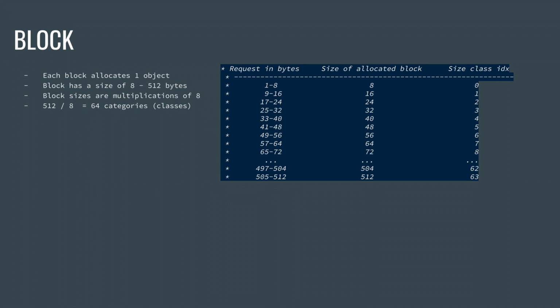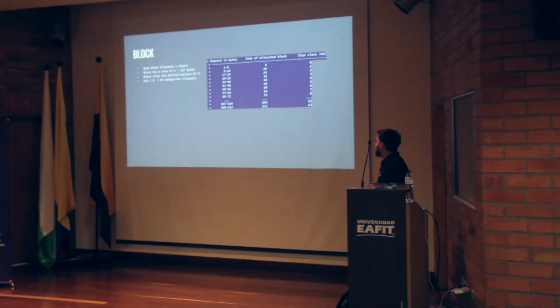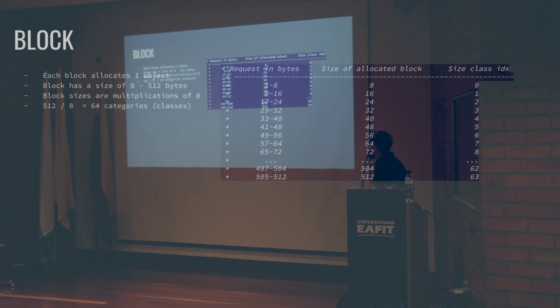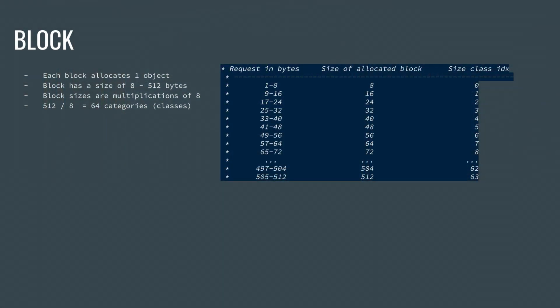Let's start with the block. Each block stores precisely one object, and a block can have a size starting from 8 bytes, which is the minimum. No matter how small a Python object you create, it will always take up at least 8 bytes. And the upper limit is the already mentioned 512 bytes.